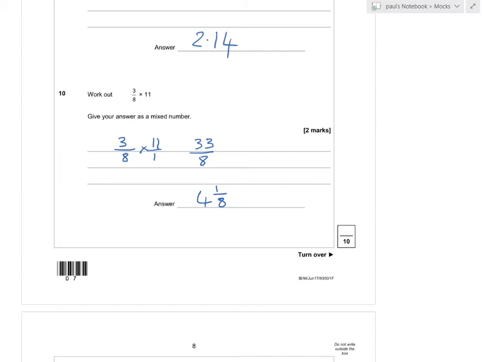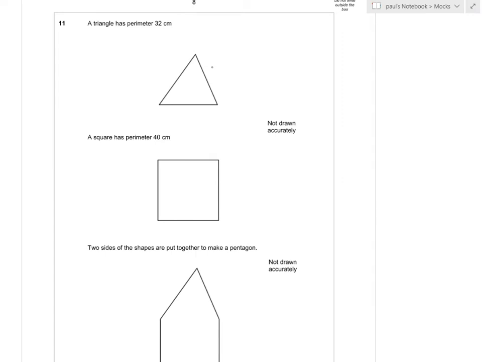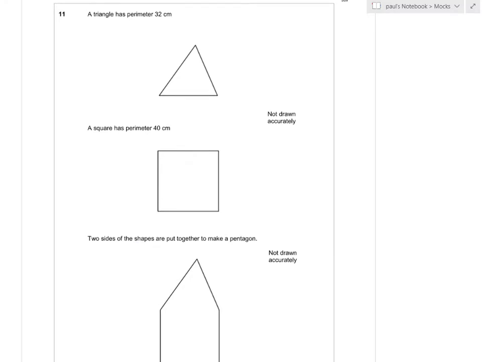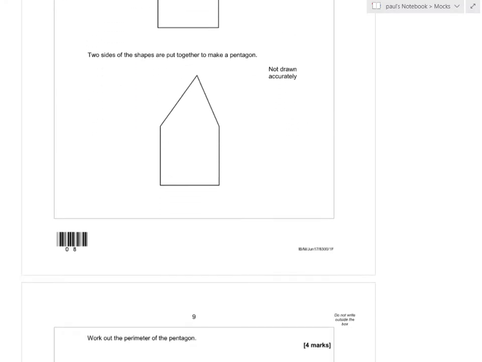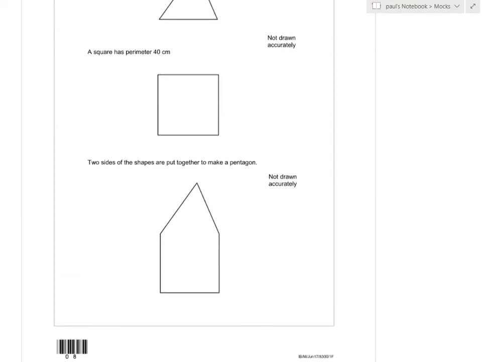Right, number 11. A triangle has a perimeter of 32. A square has a perimeter of 40. Two sides of the shape are put together to make a pentagon. Work out the perimeter of the pentagon. So the perimeter,